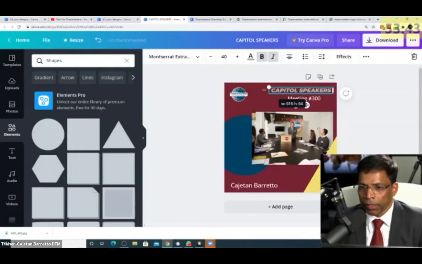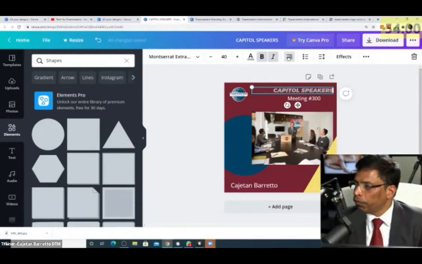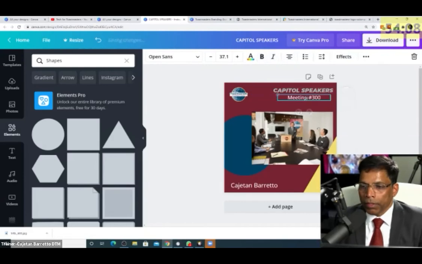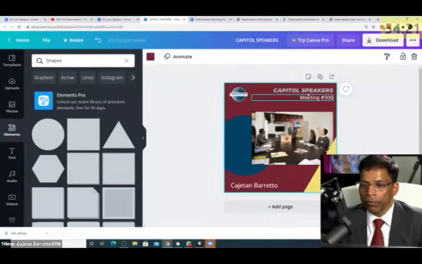What do I mean by alignment? Let me make it a little bigger like this, just to show you how alignment looks. So right now it shows it is center. But if I click on that, it goes left. That's the left alignment. Then this is the right alignment. So you can move the alignment left, right, center, depending upon how you want to place your text. Similarly, if I want to change the alignment of my meeting also to be right, I can click on this button and it goes right. So this is the alignment part of it.